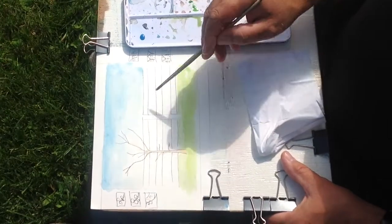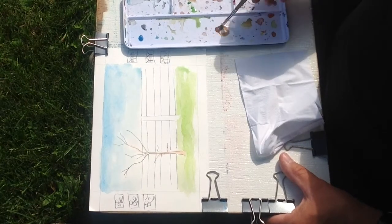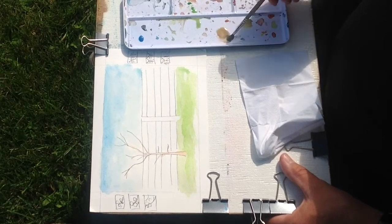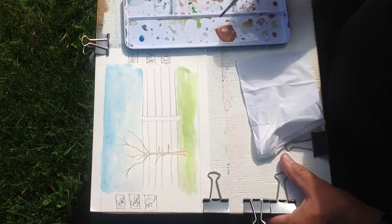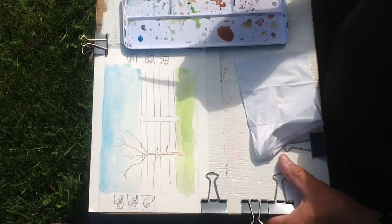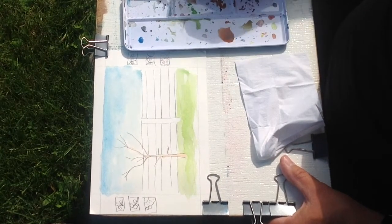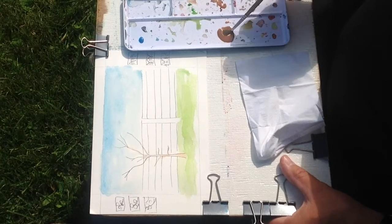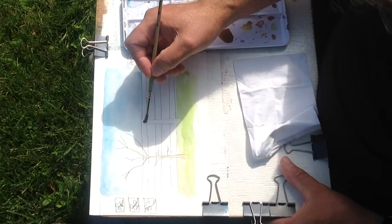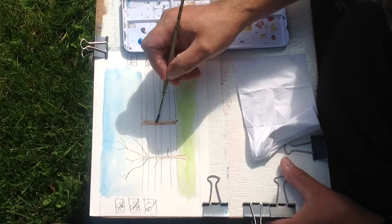So I'm going to put in some color for this fence post, and it's a little bit of a grayish sort of brown, so I'm going to pick up some brown, and I'm going to make it fairly wet, and I'm just going to take a wee tiny bit of black, so I'm just going to touch this onto that black and make it a little bit darker, but I'm going to make it a little bit wetter also. And now I'm just going to simply put that on my fence post,